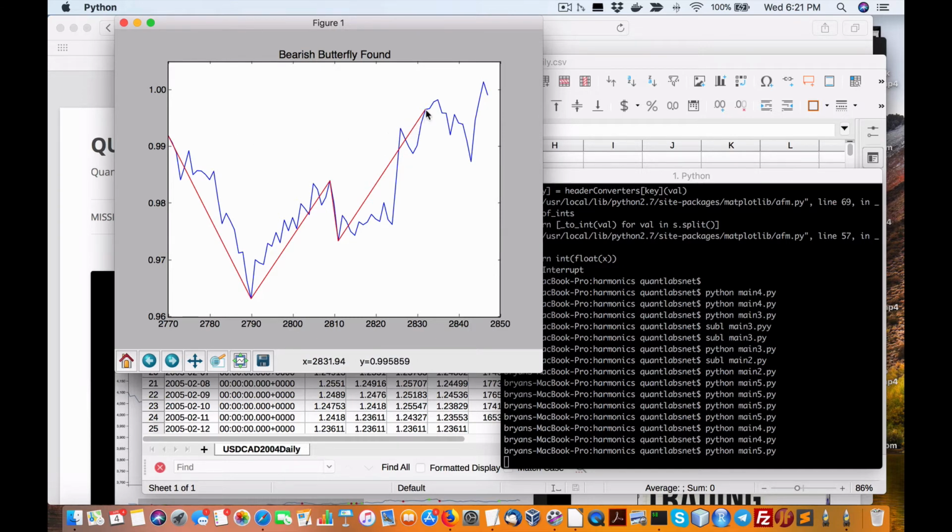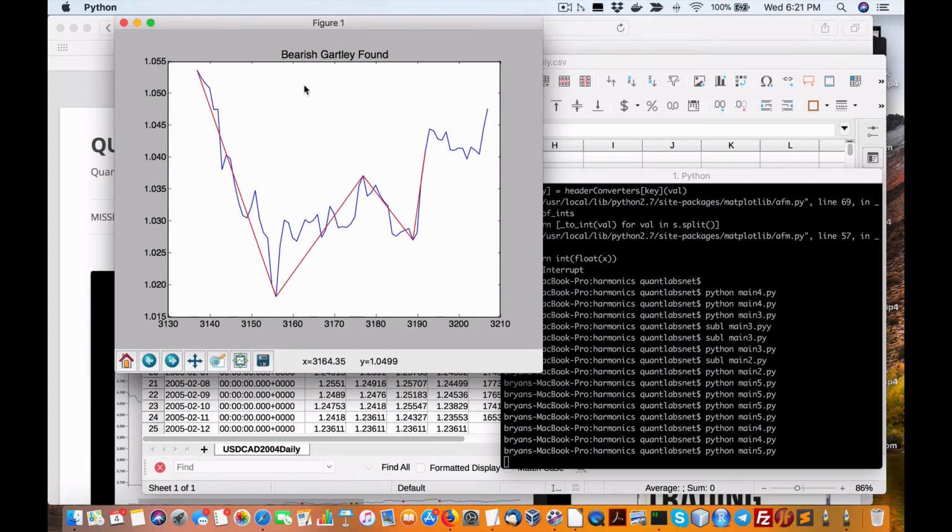So once again here, it's found this bearish butterfly. And if we hung on to the trade a little bit, we would have made money. So it's not so accurate. The next one here, again, if we let it continue, we could have made money there. And again here,